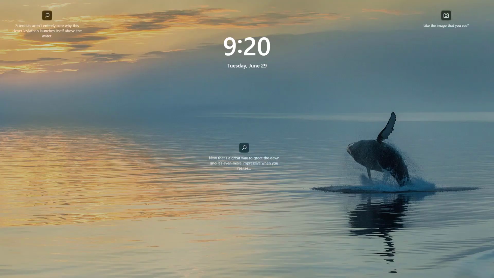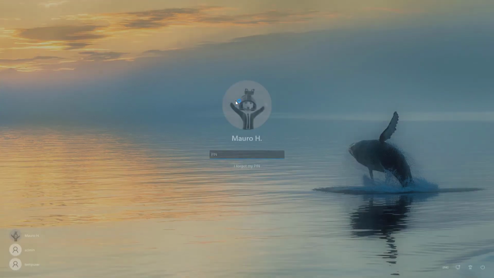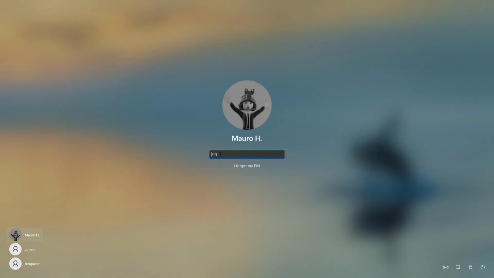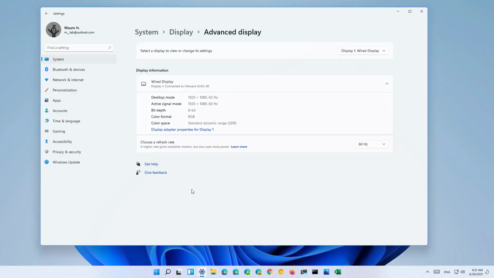That was the sound for the startup of Windows 11, and now we also have a new lock screen with the time and date front and center, similar to how you will find it on your mobile phone. And the login experience is still pretty much the same as before. On Windows 11 build 22000, we're also going to find a new dynamic refresh rate option that is available right